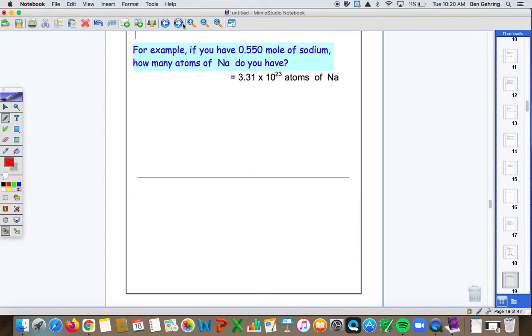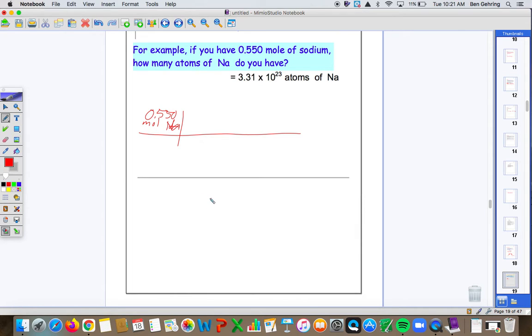Okay? So for example, if you have 0.550 moles of sodium, and I want to know how many atoms we have. We're going to write down, we start with 0.550. And that's moles, you can abbreviate MOL, of Na. Pen is kind of malfunctioning, I apologize. So I have 0.550 moles of sodium. I'm trying to go from moles to